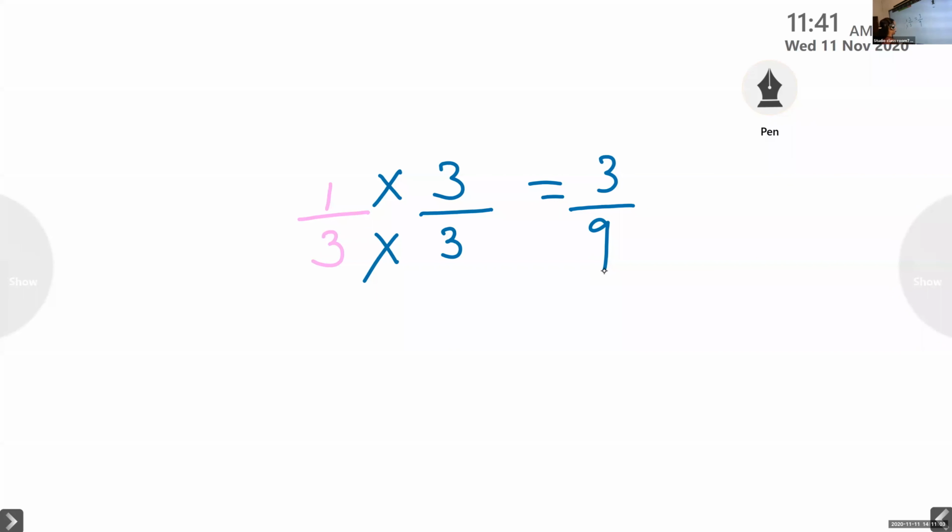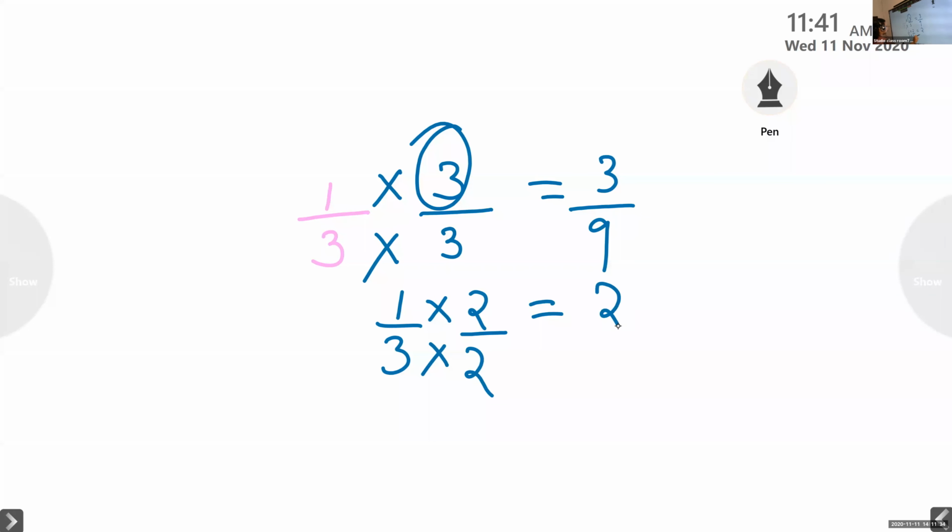Yes, Gautam, tell me any other equivalent fraction. We can do it with any number. So I may choose 3. You can choose any other number to make an equivalent fraction of 1 by 3. Yes, Gautam, 2. Yes, we can do. Which number are you multiplying the numerator by? The same number we have to use for the denominator. So what's 1 into 2? 2. 3 into 2? 6.